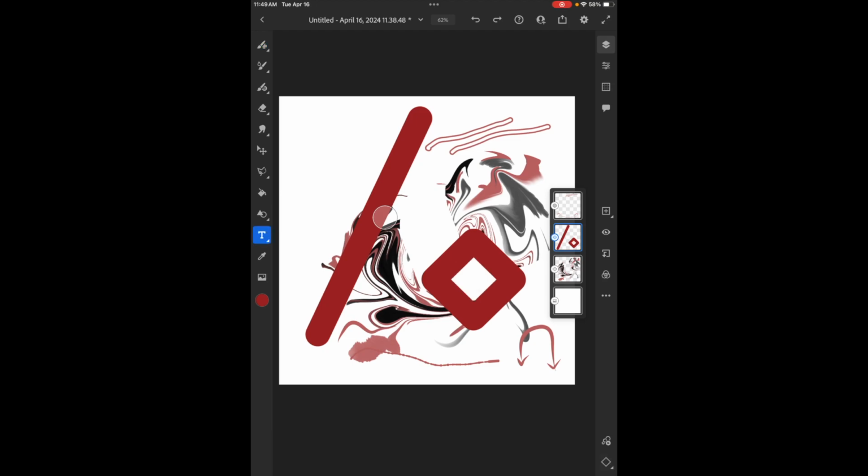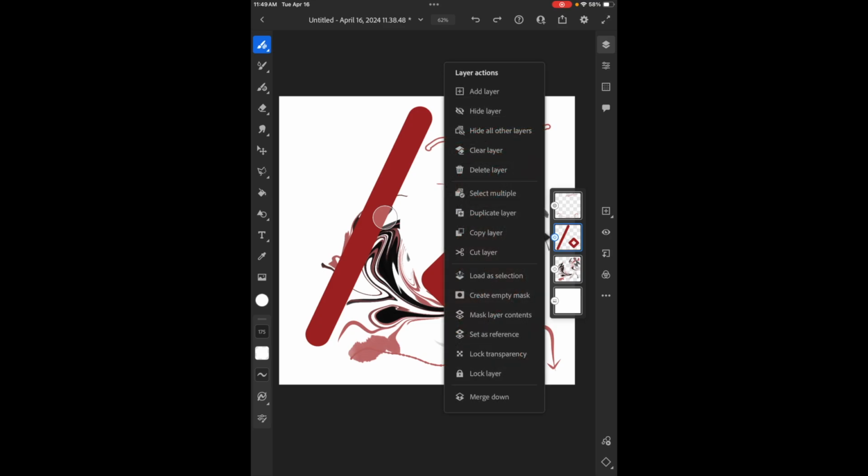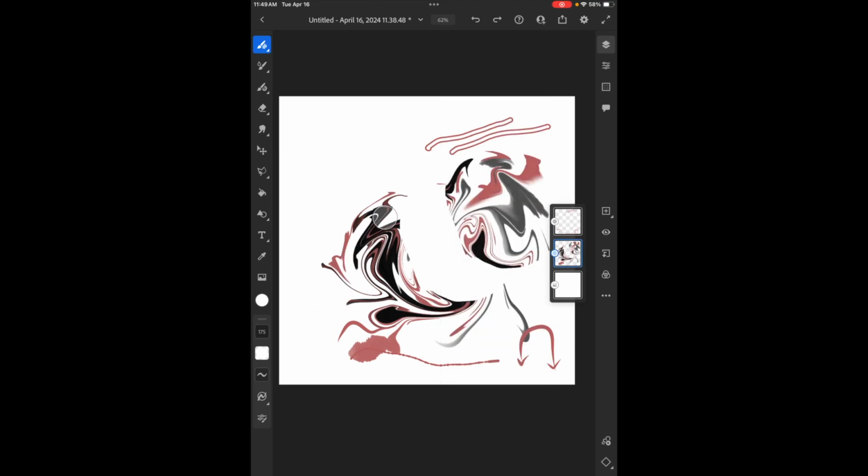Next tool down is our text tool. If you want to, you can hold down, you can do horizontal type, a vertical type, you can add text that way. The eyedropper tool allows you to select a color that you previously have used. Sometimes also, if you want to import like a photo with the little photo option down below, you can use the eyedropper to select colors from a photo, so that's kind of fun. I like doing that for like color palette selection, so that's pretty cool. If I decide I don't want any of these anymore, I can just delete this layer, and this is just a basic